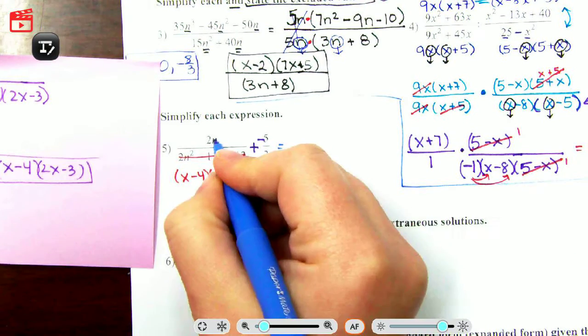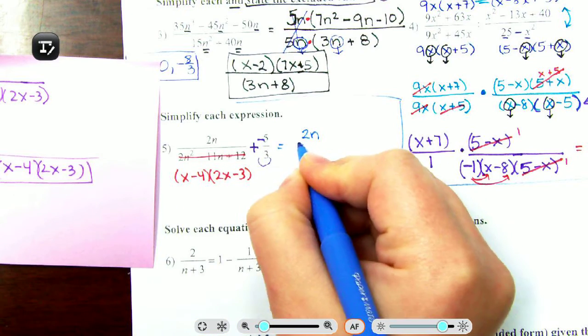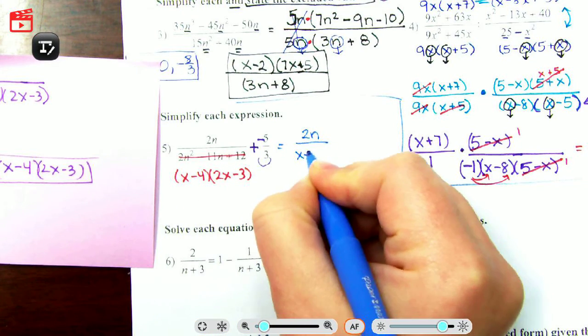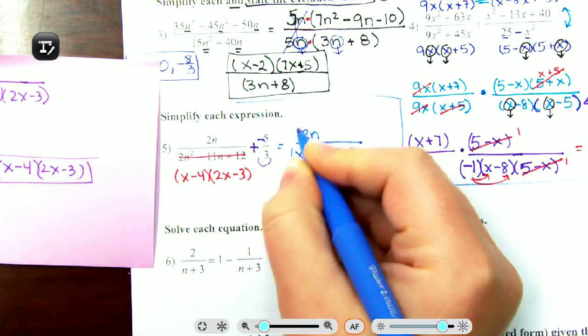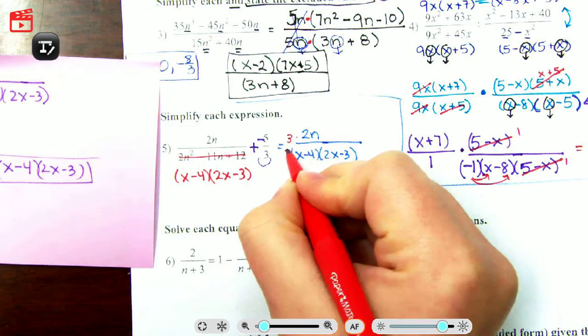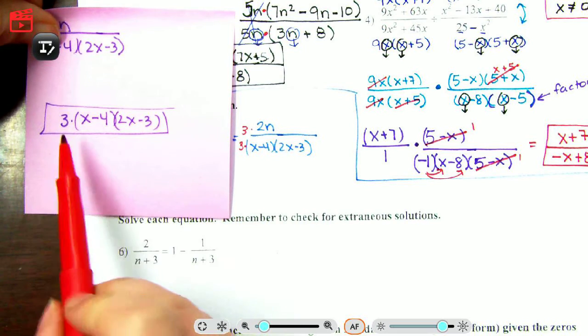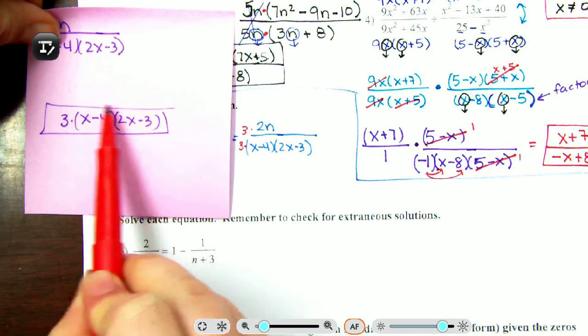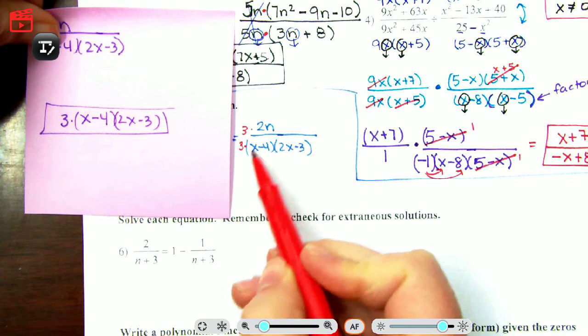So my 2n and my x minus 4, 2x minus 3, they all need to be multiplied by a 3, because I'm looking for this denominator. I need this denominator. So in order to make it work, I need